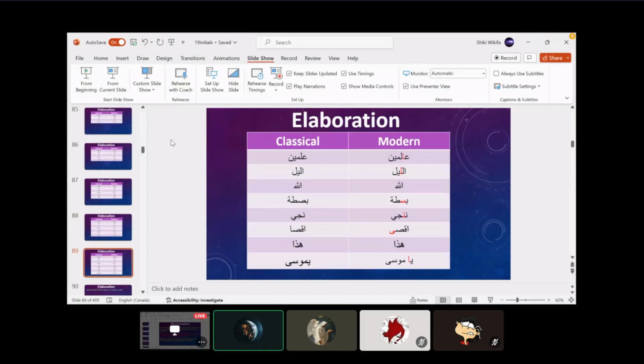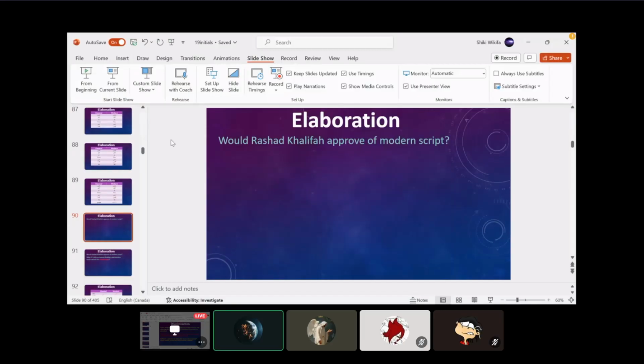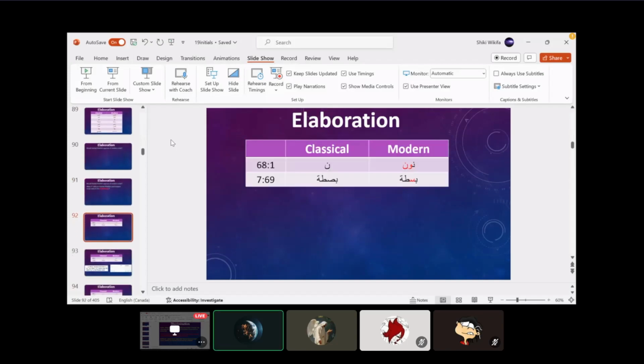Like for example, Ya Musa will become two words, Ya Musa. So those are some of the changes that happen between the classical and modern script. So I want to just go over some of the reasons why I think that Rashad Khalifa used modern script. Firstly, Rashad Khalifa did use modern script, in my opinion, when he changed the sad into a seen,